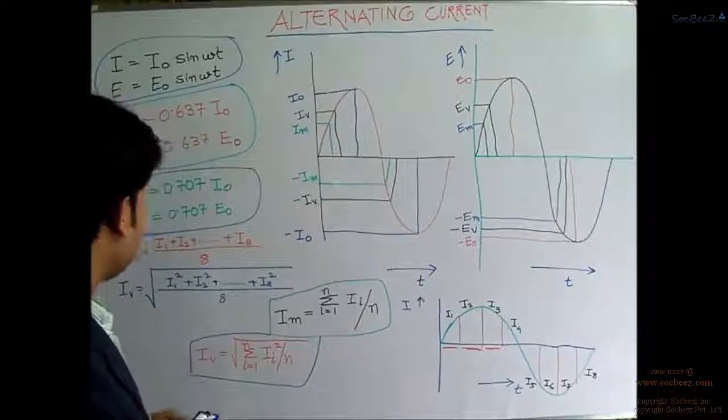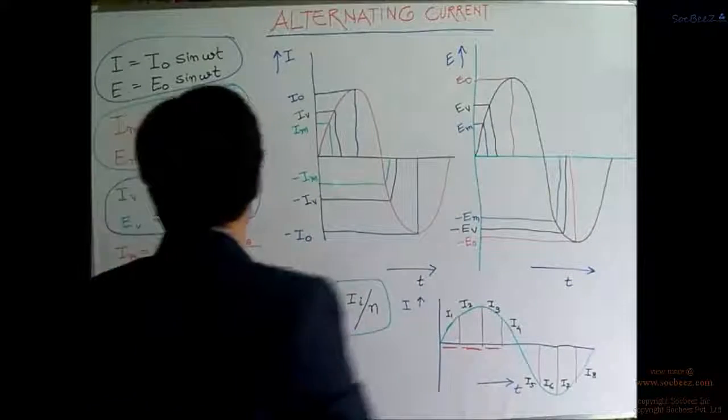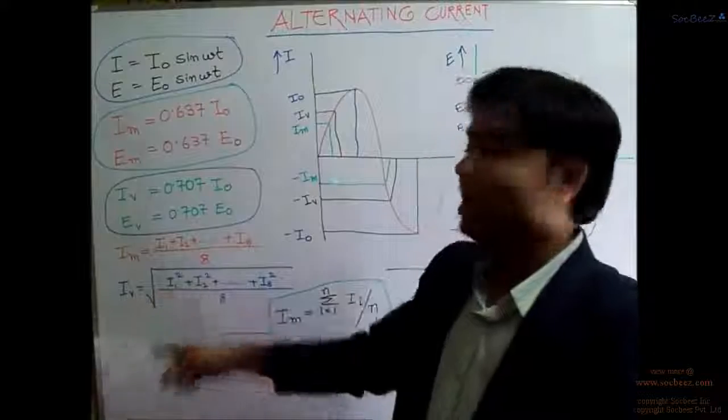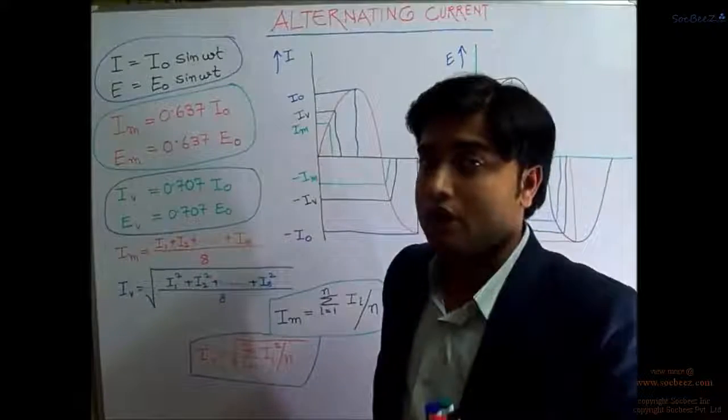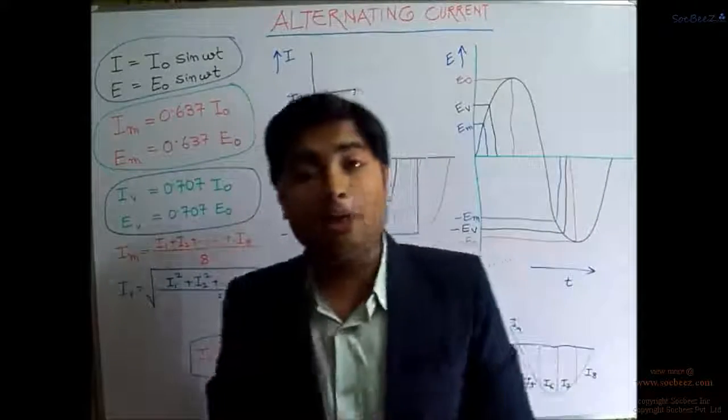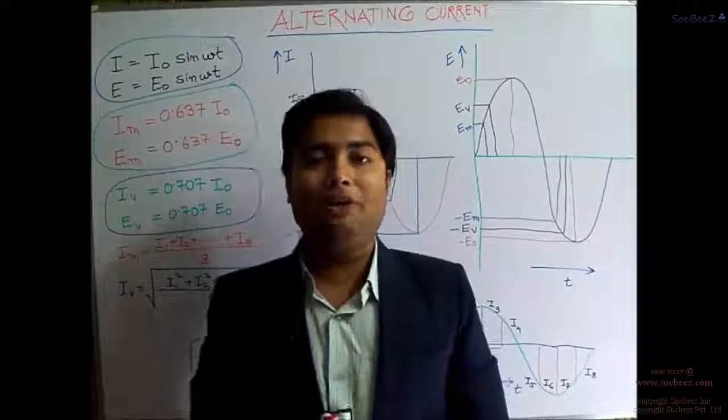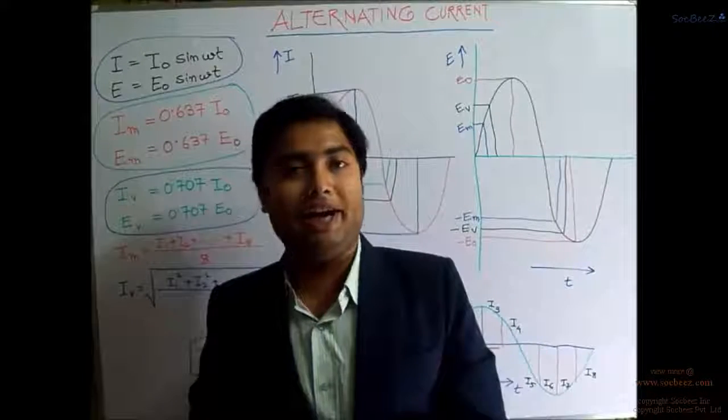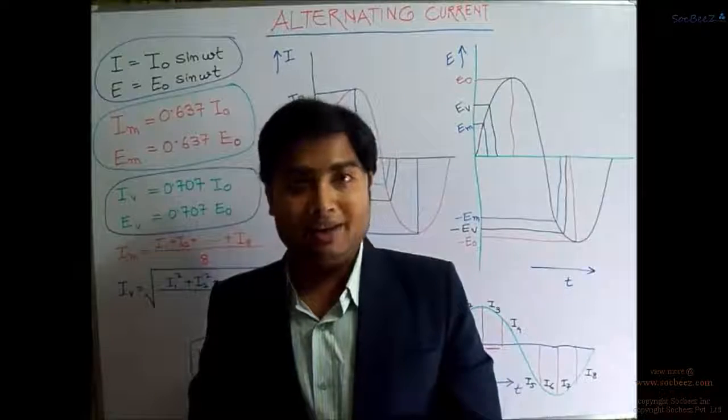And afterwards we have understood what the mean value or the RMS value or the effective value is all about. So in the subsequent lectures, we will be diving deep into alternating currents to understand